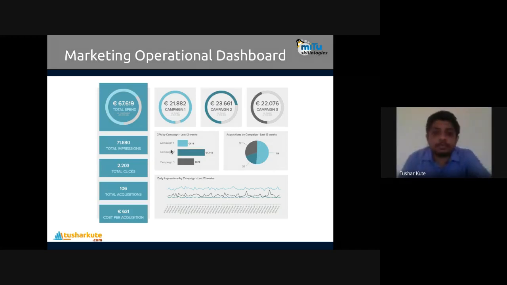That we can find. Okay, and even by graph, from the last 12 weeks, what is the performance of all the campaigns that we are running for marketing? Even daily impressions by campaign can be seen, or we can have acquisition by campaign for the last 12 weeks for the first campaign, second campaign, third campaign, in different color combinations. So whenever you are running any online digital marketing campaign, the current analysis, the current phase of that particular campaign, can be seen in the dashboard format by this method.